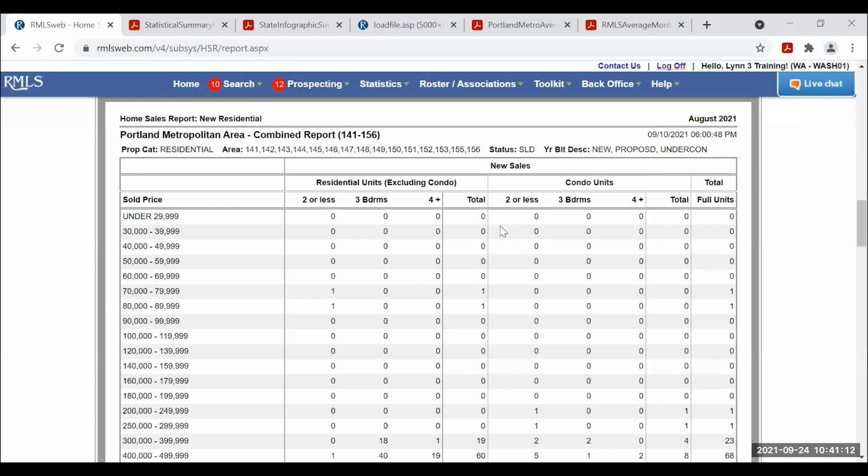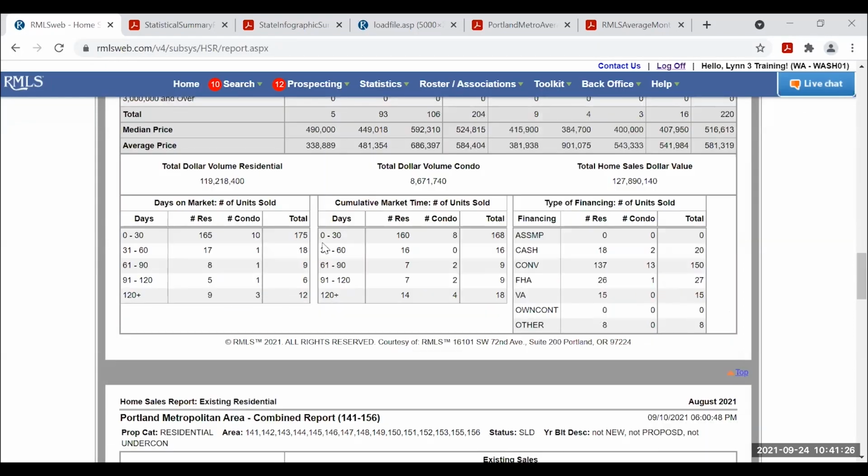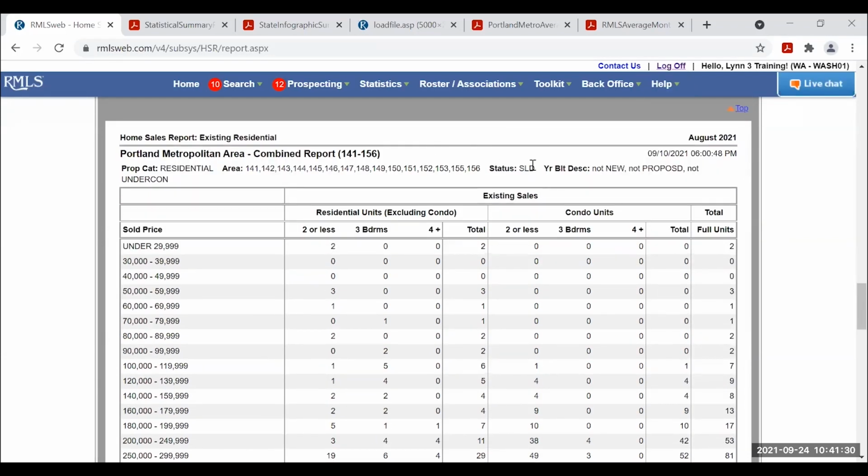So listings that were entered as proposed, and then they changed to under construction, and then they changed to new. So they were one of those statuses in August. So again, you can see where new construction is again falling in price point. The third page, again, August, still sold, still Portland Metro, but now year built description, not new, not proposed, and not under construction.